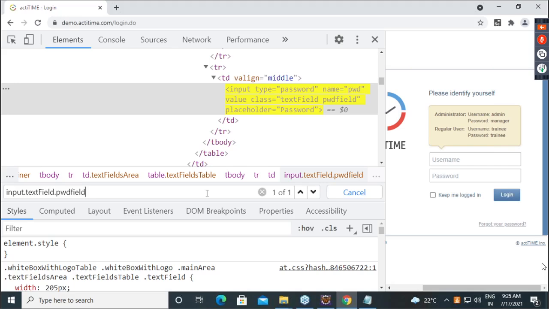What is the meaning of this selector? Input is a tag and it has classes text field and PWD field. Is everyone clear on this? If you have three classes also, you can give input dot class 1 dot class 2 dot class 3. Clear? Confirm? Okay. So let's cross check whether that is working or not.